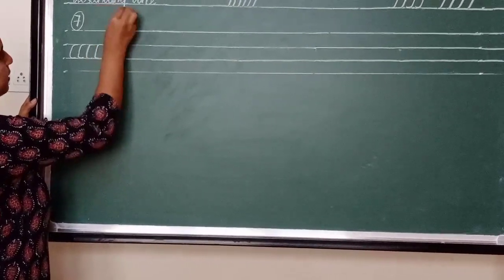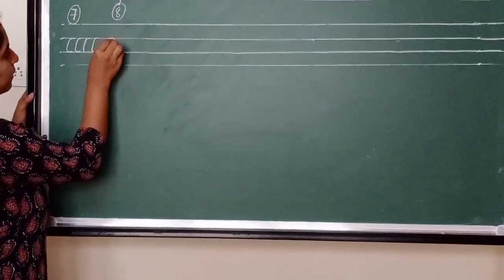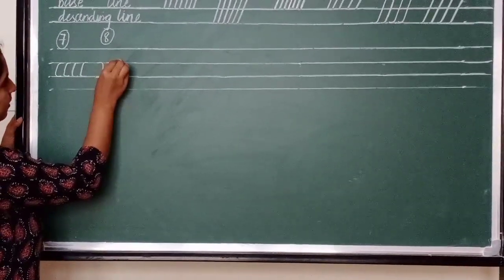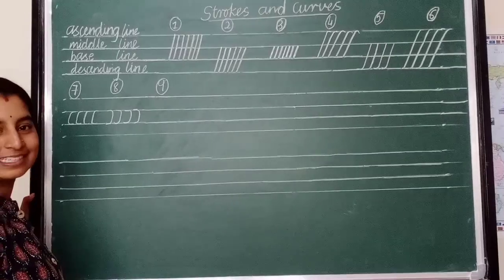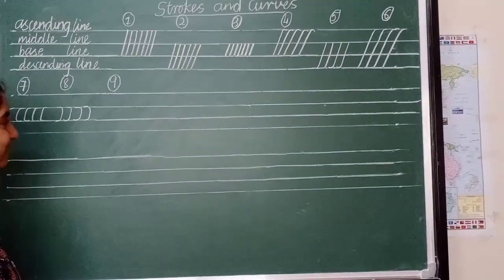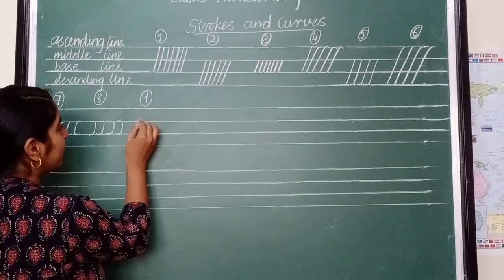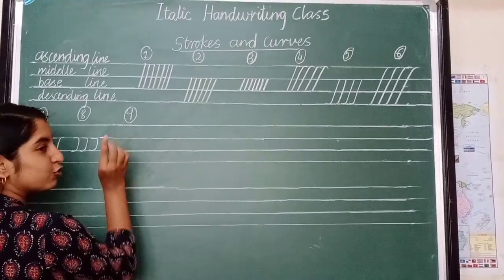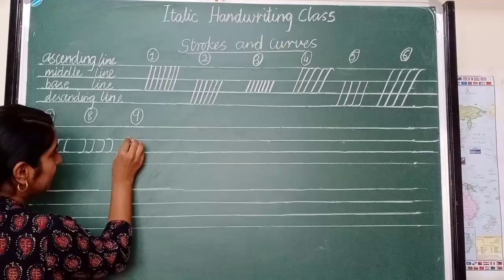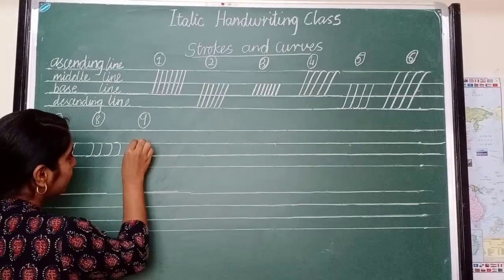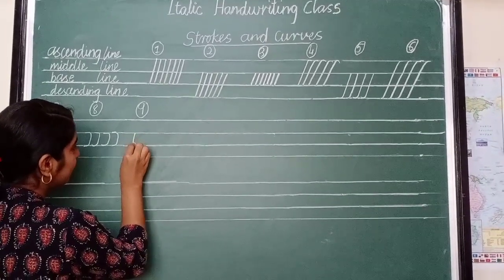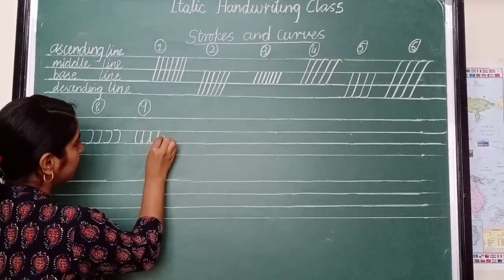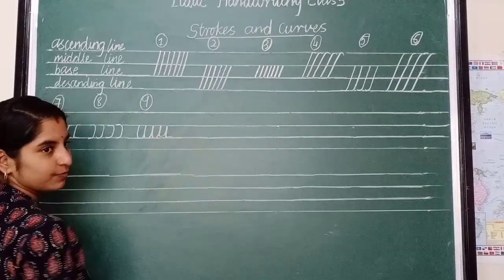The eighth one is opposite to the seventh one. Only a bit of a thing you have to make. Go to the next one. That is the ninth one. It is a curve where you have to start from the middle line and again stop at the middle line. See here. Please concentrate friends. From the middle line you have to take it 1, 2, 3, 4, stop.